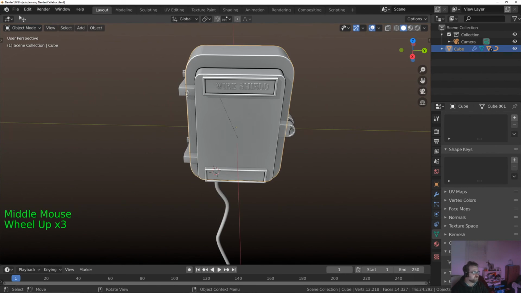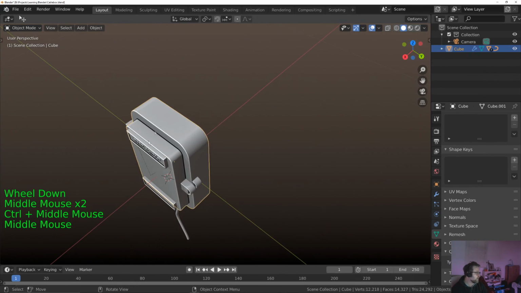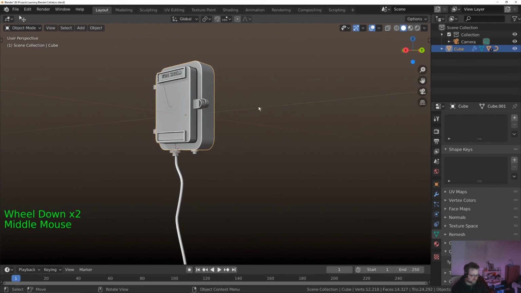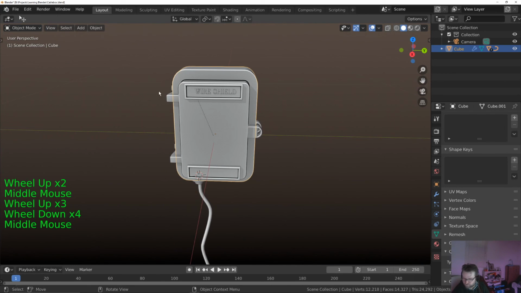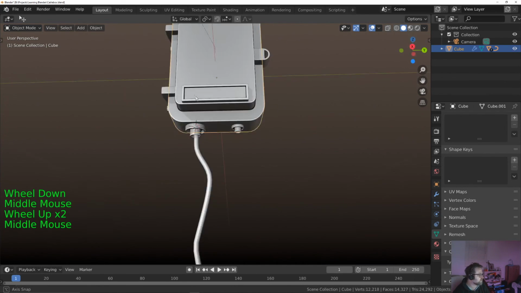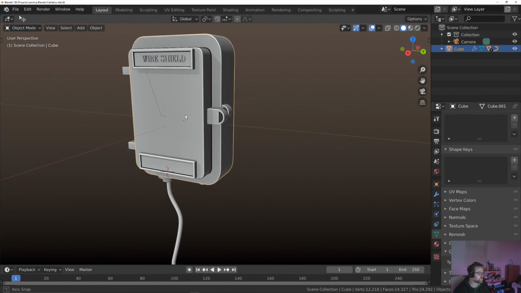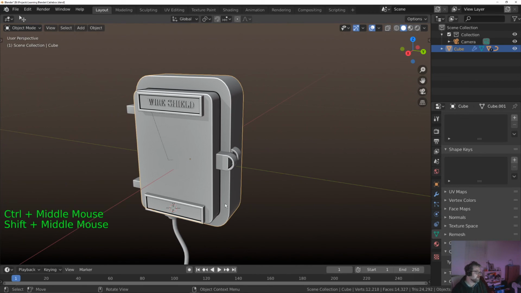Okay, so there you have it. We've made a wire shield. We could have made one that's openable, but this is just going to be a static background asset on the walls of my project, so it does not need to be any more complicated than that. Although we will be texturing this and UVing it. Let me know what you thought of the tutorial, or I guess it's less of a tutorial and more of a